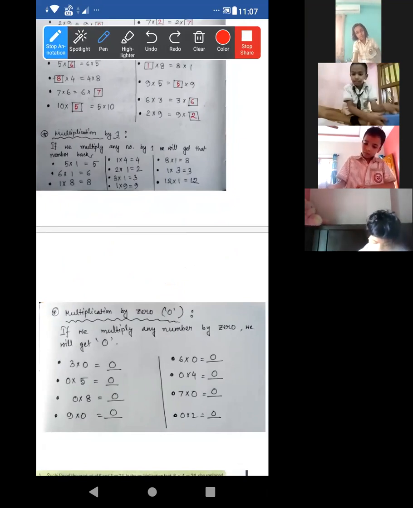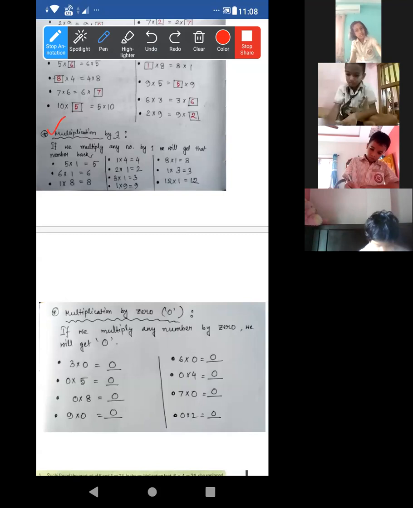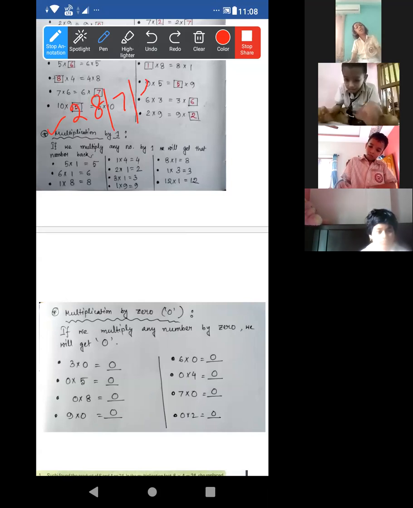Okay, here it is written that for the first one, multiplication by 1. Acha, yes. Put the date. Every day almost I say this. Okay, put the date, write CW also. Don't forget to do this. 28th of July 2021 and write CW.